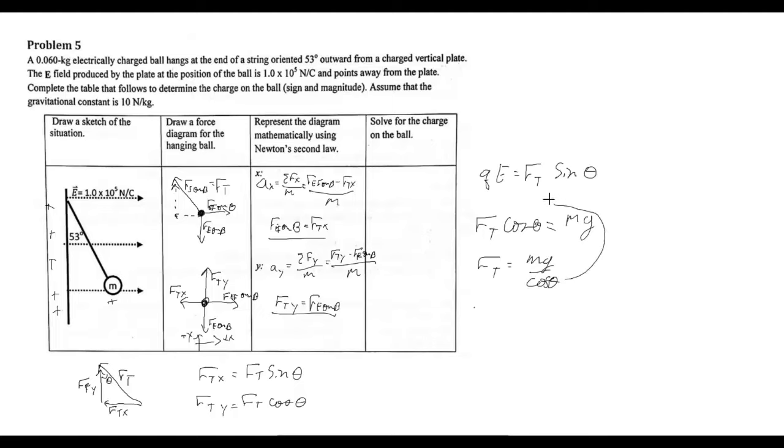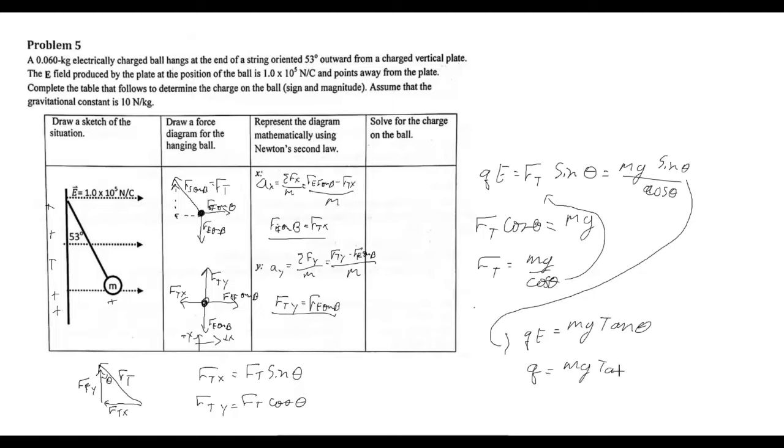If you plug this back into here, what you get is mg sine theta over cosine theta. We know this to be tan theta, right? So I'm going to rewrite this down here. So now what we have is QE is equal to mg tan theta, and then solving for Q, we've got